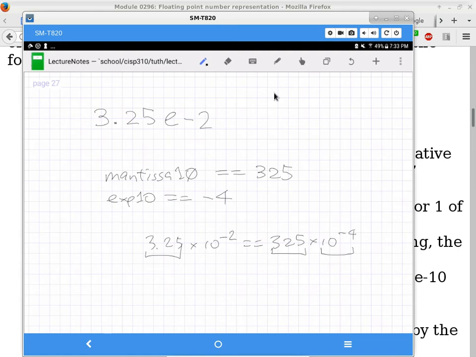If we're reading it as a string, is it all going to be digits, or might there be a period somewhere in that, and how do we account for that? That is a typical thing in a string. So that string will include the ASCII code of 3, the ASCII code of a period, the ASCII code of 2, the ASCII code of 5, the ASCII code of lowercase e, the ASCII code of minus, and the ASCII code of 2, and then followed by a null terminator. So that will be the content of the string.